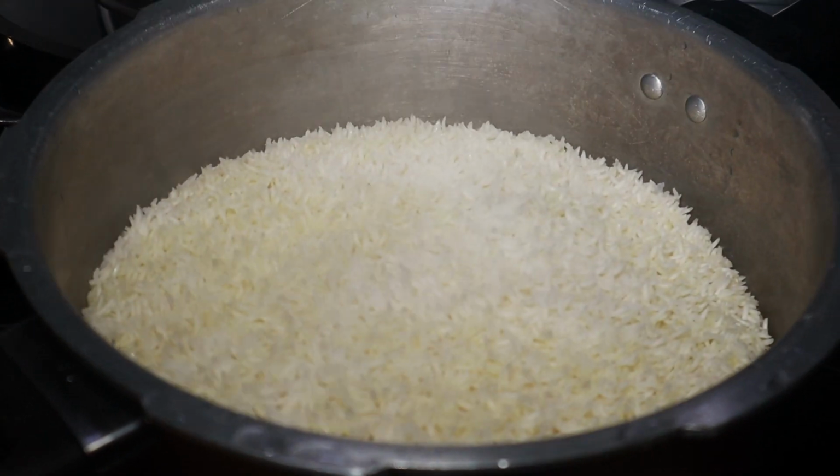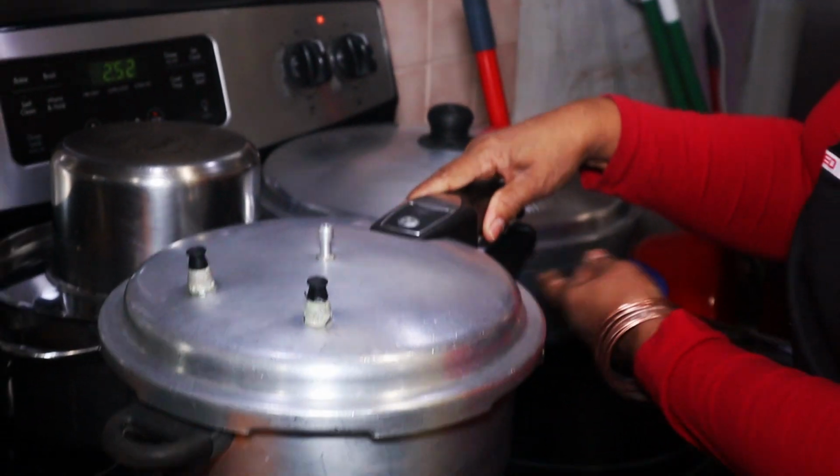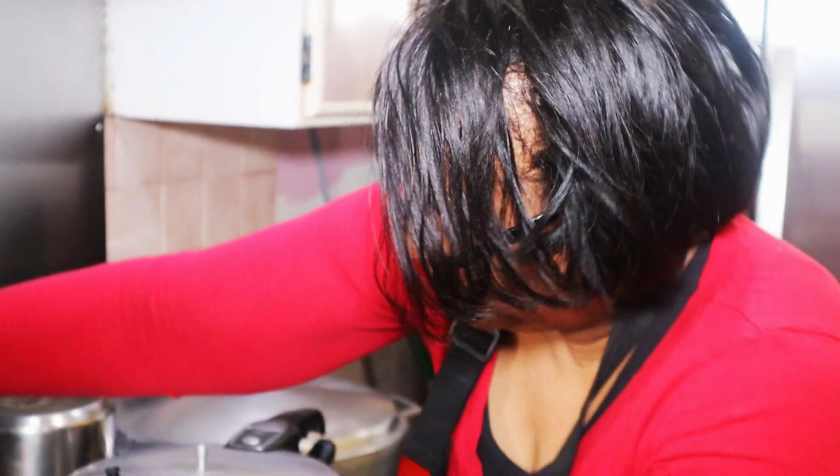That's what the rice looks like, people. So it's almost ready. It steams a little more, and then, yeah. About how much longer, mommy? Another 5 to 6 minutes. But I'm going to go ahead and get the